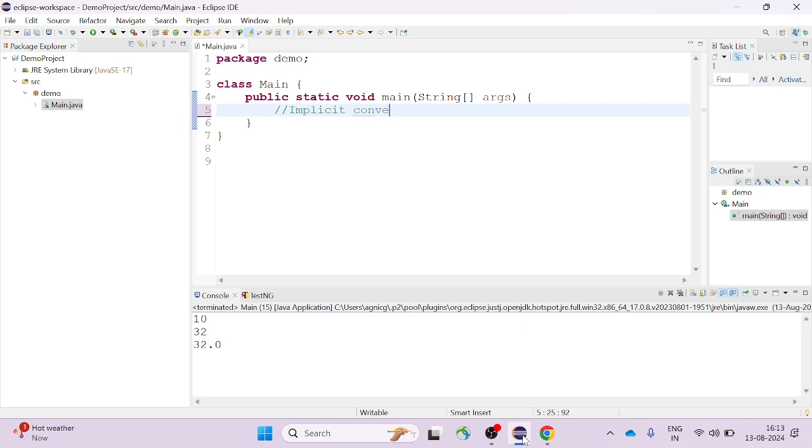Implicit conversion means the automatic conversion of one data type into another data type. Implicit, in the sense that it is converted internally. So what is meant by automatic conversion? If a data type is converted automatically into another data type, it is called implicit conversion